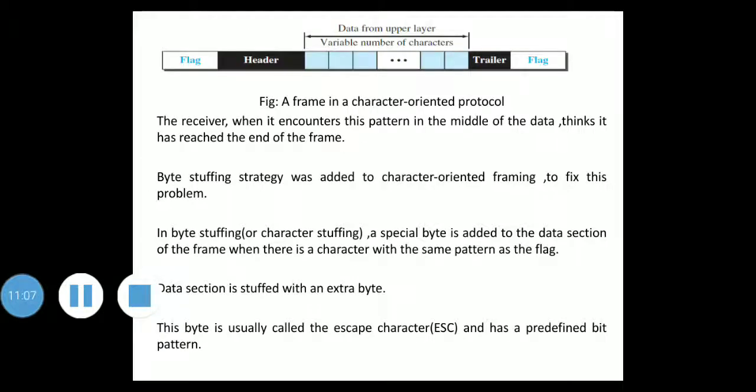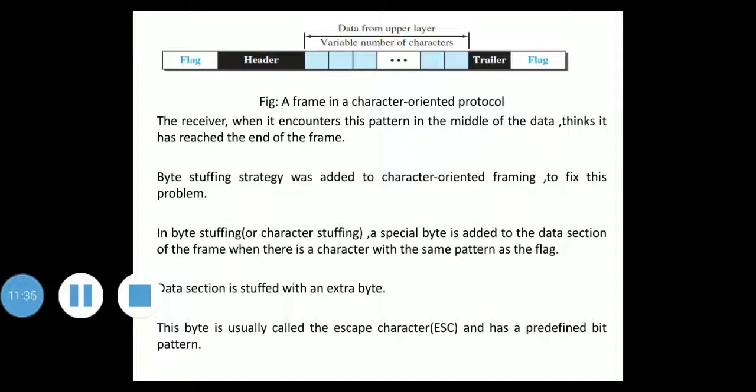This is the diagram showing a frame in a character oriented protocol. This protocol was popular only when text was exchanged by the data link layers. The flag could be selected to be any character not used for text communication.